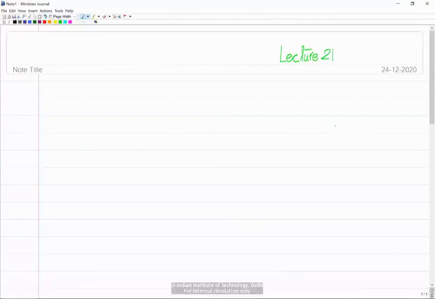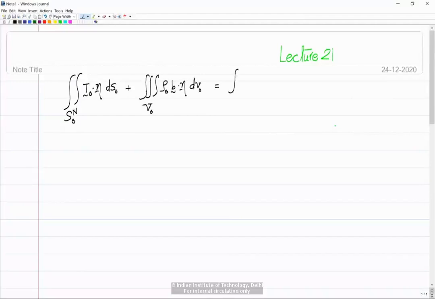So in the last class, we derived the principle of virtual work, and we also said why the word virtual, right? Let me just write that down. It was the integration over the Neumann boundary of the applied traction dot virtual displacement eta dS naught, plus the integration over the volume V naught of rho naught b dot eta dV naught, and that's equal to